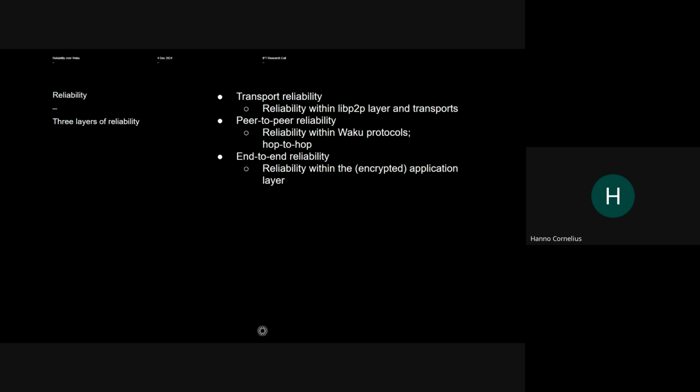But all of this eventually doesn't mean that much to an application without end-to-end reliability. This is at the highest layer, the application layer. This is the most important, because no matter what we do on transport reliability and peer-to-peer reliability, none of these things would ever guarantee the kind of end-to-end reliability that requires the application-specific knowledge to know intended recipients have received a message that was published.